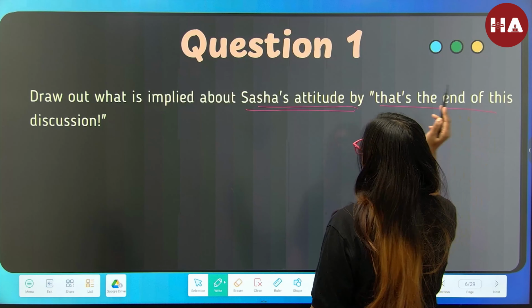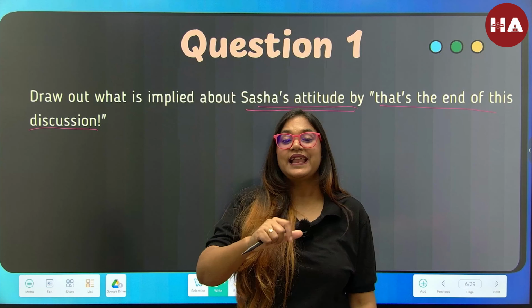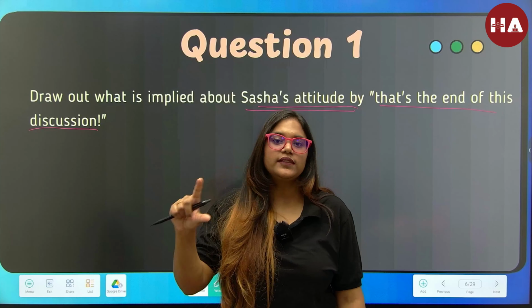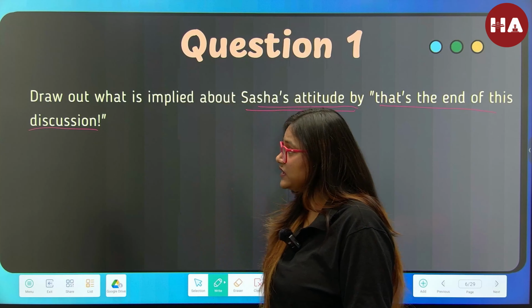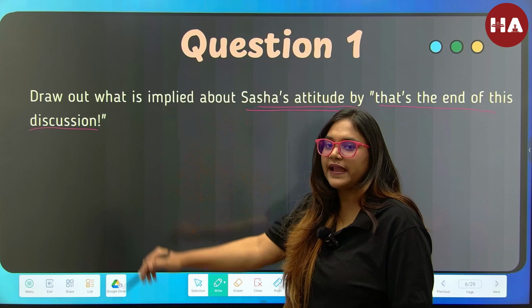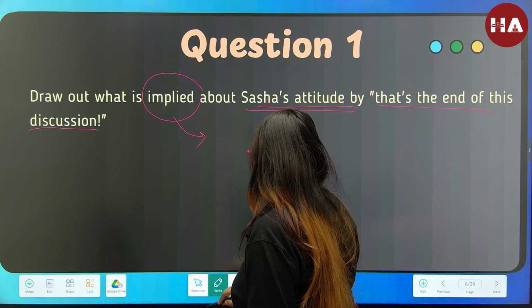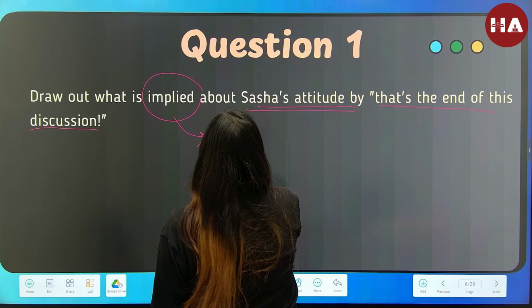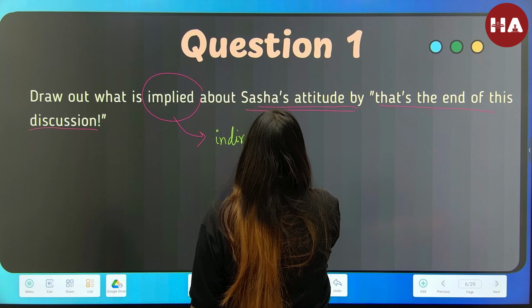That is the end of this discussion. So I will leave you with the last slide where you saw that phrase, that two-line extract, and just draw out what is implied, what is indirectly being told and conveyed to you